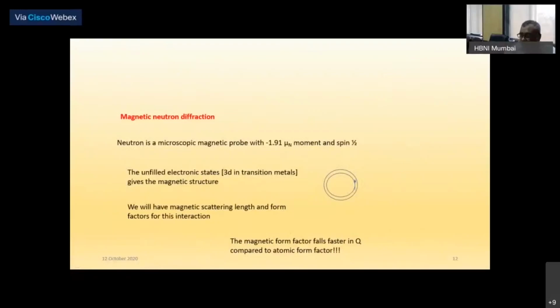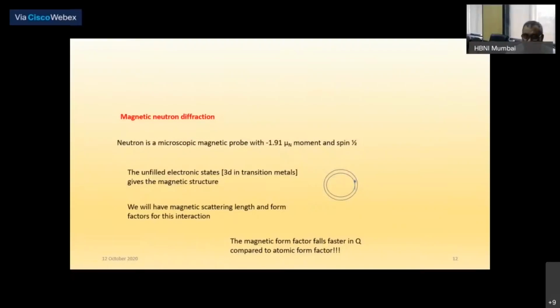The second module of these lectures talks about magnetic neutron diffraction. So I have been discussing with you about nucleus interaction, which is actually extremely short range. Because the nucleus is femtometer size and the wavelength is around few angstrom, I say that the nucleus can be assumed a delta function potential, and I wrote down a Fermi delta function for you.